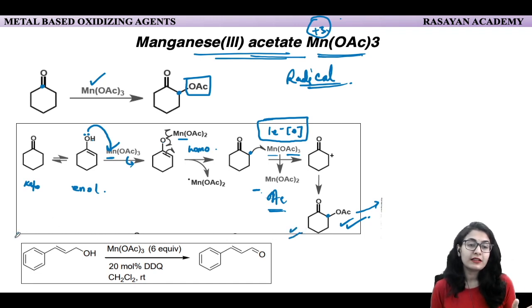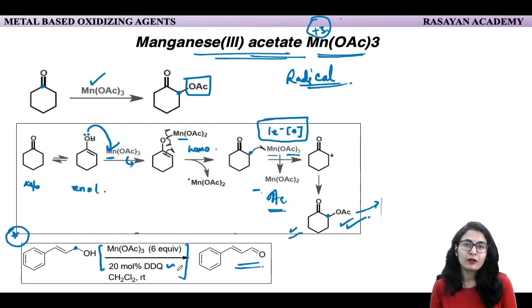Now second thing, the manganese triacetate, when it is used in excess, can also do simple allylic alcohol oxidation like this in the 20 mole % of DDQ. तो ये एक reaction mixture है. अगर ये reaction mixture इस तरह से लेते हैं तो we can also cause the allylic alcohol oxidation just like MnO2. Okay, where the manganese there in +4 oxidation state. Alright, but then you have to use the excess of this. So this is how you understand कि ये सिर्फ एक electron का oxidation करता है